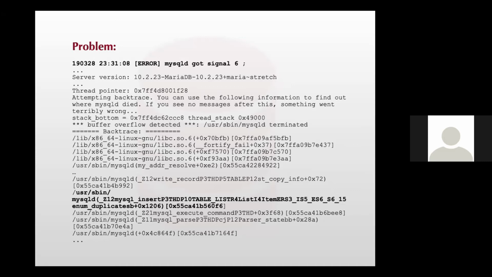Yeah, I was expecting the same question. Actually, there is none, because the core file is generated only when MySQL is terminated. MySQL will not be available at that time, so users are already affected when MySQL crashes. They will not be able to connect to MySQL. So when the core file is generated, I don't think there will be any issue with MariaDB or MySQL, because that process is already shut down.